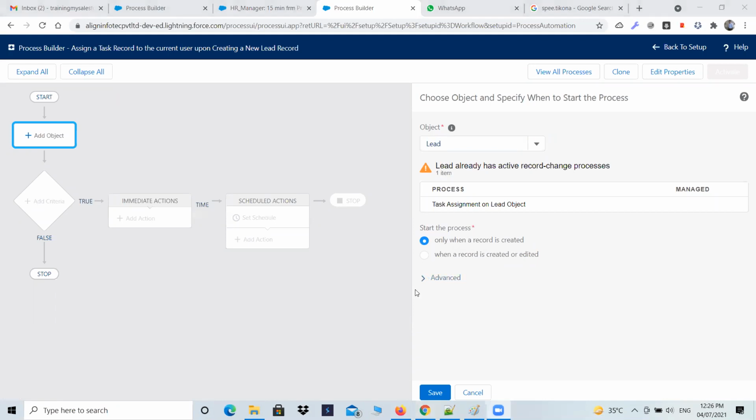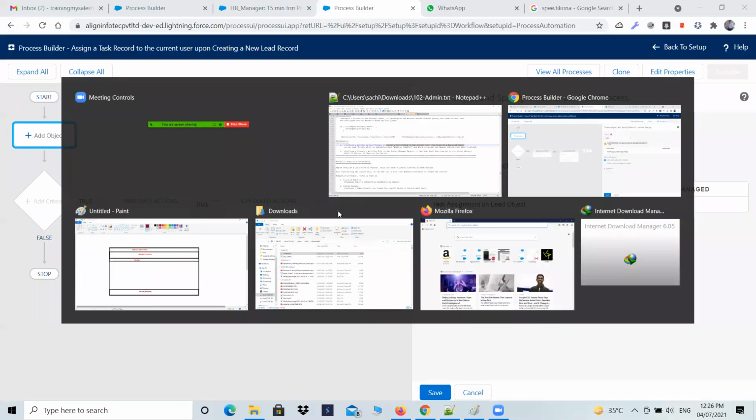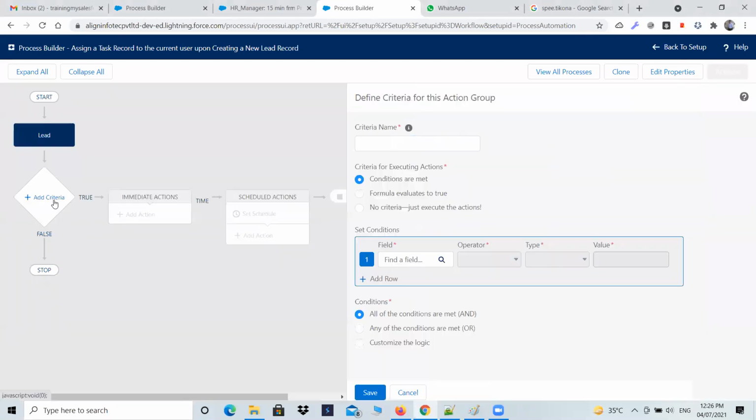क्या था क्वेश्चन, पढ़ने दो। हाँ, रिकॉर्ड क्रिएटेड पर ही है, रिकॉर्ड क्रिएटेड लीड ऑब्जेक्ट एसोसिएटेड विद द बैंकिंग एंड हैविंग एनुअल रेवेन्यू, ठीक है, क्रिएटेड पर ही है। So go with this lead object created पर ही लगा देता हूँ, and let me just save this. Now add the criteria, यहाँ पे रूल कंडीशंस देनी है आपको,